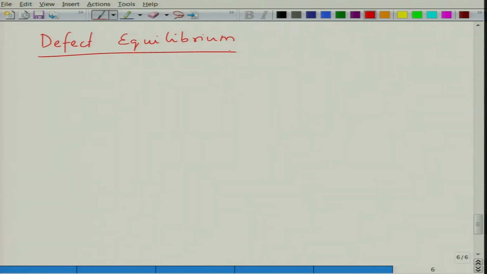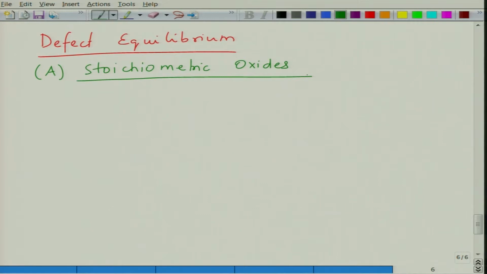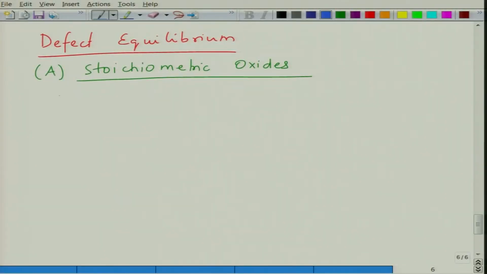So, now let us move to different defect equilibria in these oxides. We move to defect equilibrium, and first we will take the example of stoichiometric oxides. What will be the equilibrium concentration of defects under a given set of conditions, that is what defect equilibrium is. In this case we consider first